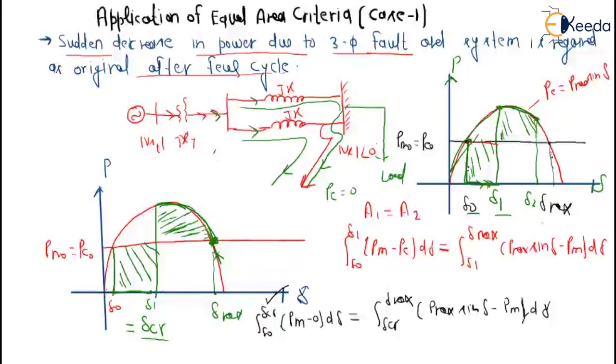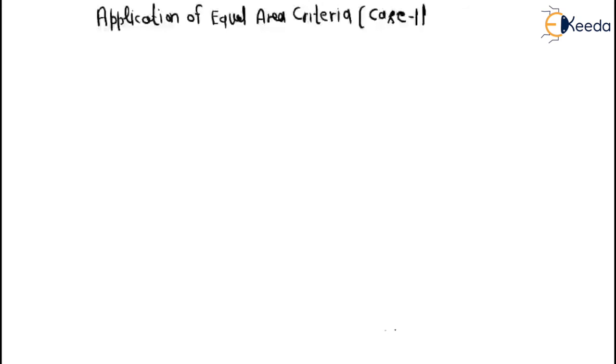So we have discussed earlier in the lecture that we must know what is critical clearance angle, and now we are going to analyze this del CR. So now we are going to calculate the time. As we can say in terms of time, after the fault occurs, there is a time before which if we do not clear the fault, then the system will be unstable. So that time will be called the critical clearance time, which will be written as TCR basically.